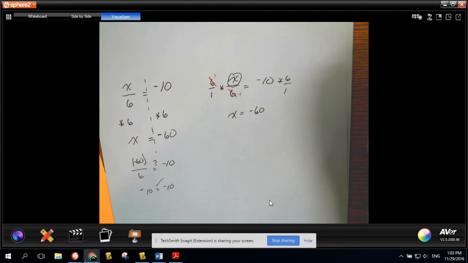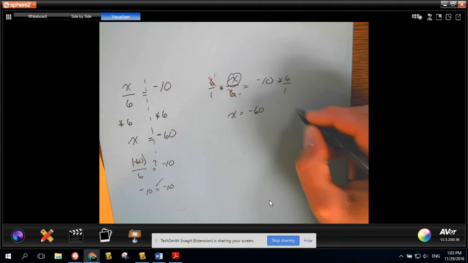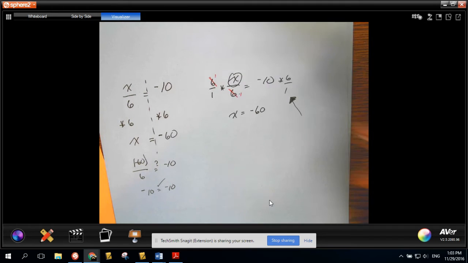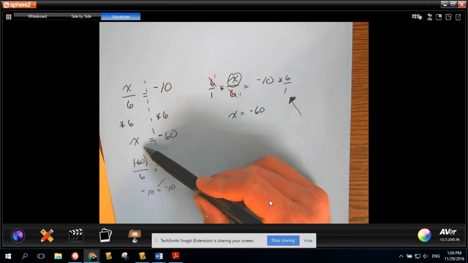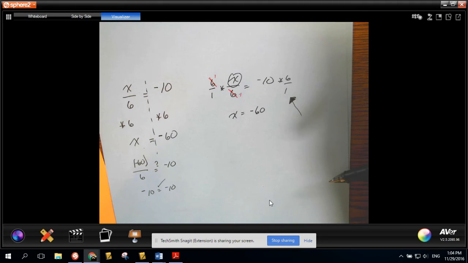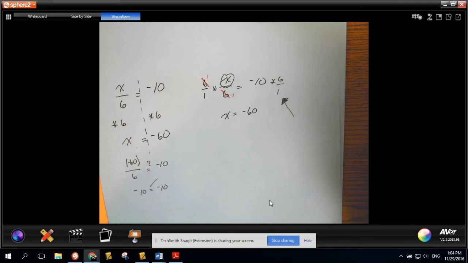Okay, either one of these is acceptable. I think this one makes a little bit more sense because we can kind of see where that dividing by 6 doesn't just magically disappear like over here. We can kind of see that when we multiply like that, they cancel each other out. Okay, so either one of these is good. I just wanted to show you both. Let's take a look at one that uses